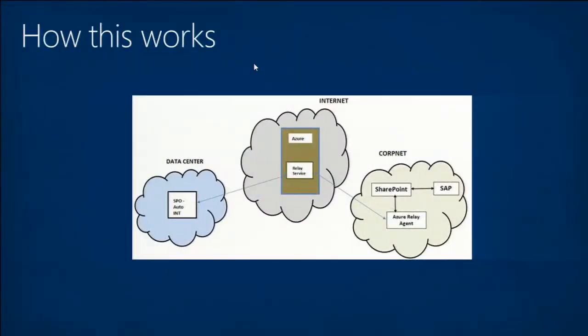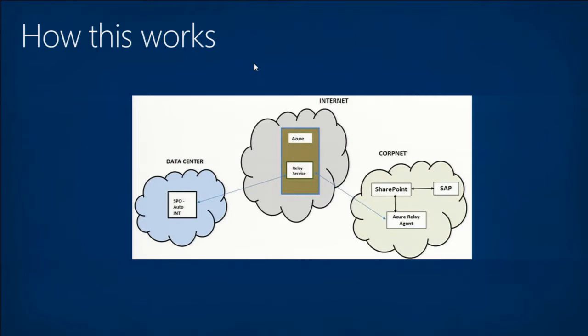I showed you two sets of demos. One is the SAP demo, where I showed you reports and workflows. All of that was actually going through a reverse proxy that we'd configured. And when I talked about the design at the beginning, I talked about having the reverse proxy in the DMZ. But we also have a developer scenario where, instead of using a reverse proxy, you don't need to change anything in the DMZ, but you can configure Service Bus to be a relay service in the cloud.